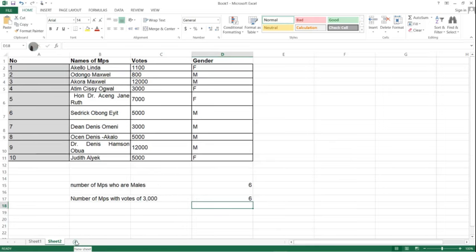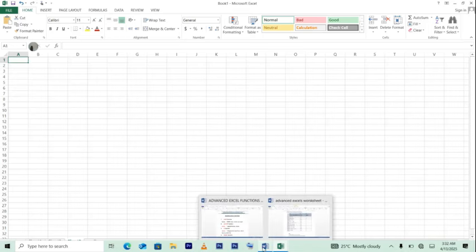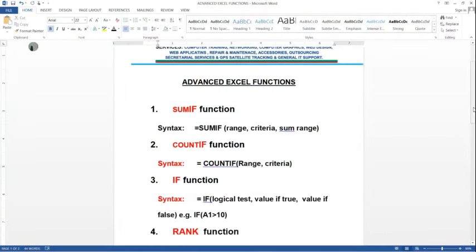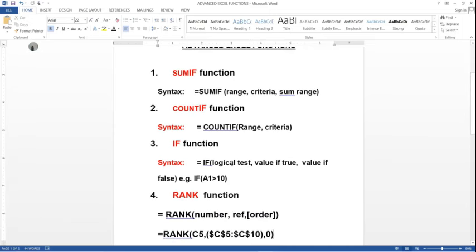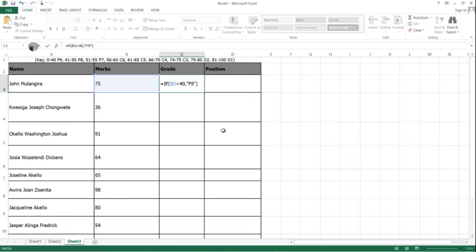Let's go ahead to look at another Excel function. Another Excel function here is the use of the IF function. For this, we're going to use the upper values to type less than 50, put comma, open a quotation, then you give F, which means fail state,